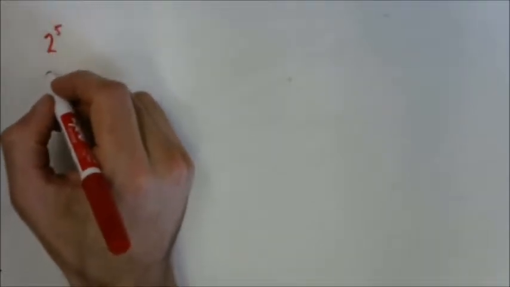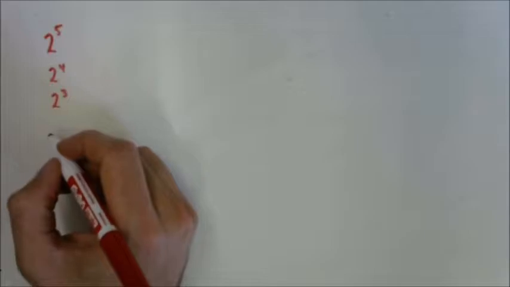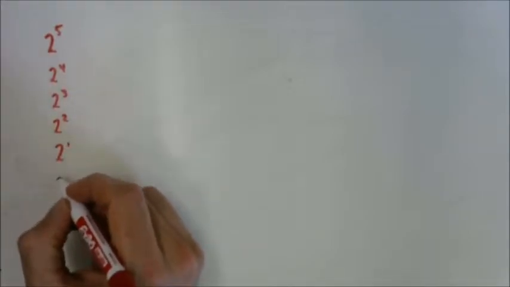In order to get a good idea of what an exponential relation looks like and what it does and what is the meaning of negative and zero exponents, we can use patterns. So go ahead and copy and complete the list that I'm drawing. So we're going to look at what 2 to the power of 5 is, then 2 to the power of 4, 2 to the power of 3, 2 to the power of 2, 2 to the power of 1,